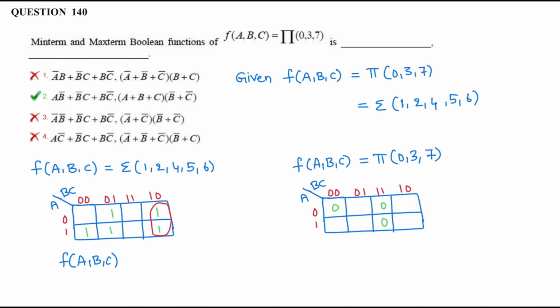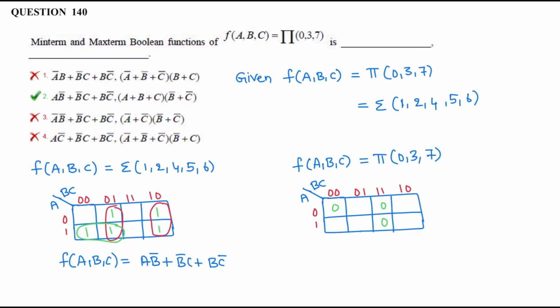These two ones form a pair, these two ones form a pair, and again these two ones form a pair. For the 3 pairs, the corresponding terms are AB bar